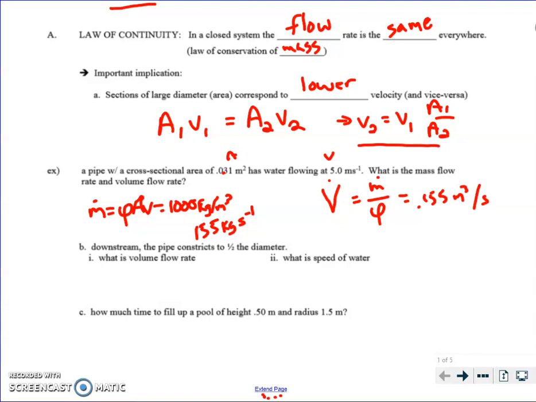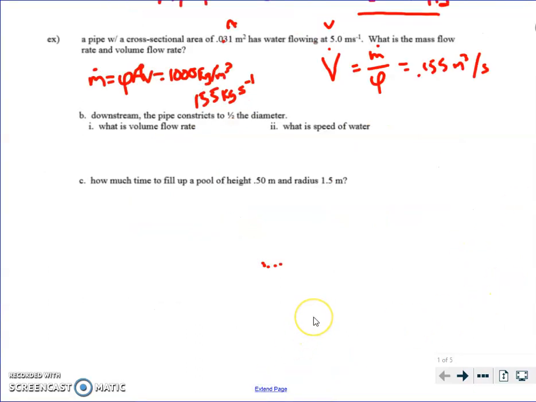We've got to be careful here, because the tendency is to say, okay, if we've changed the diameter, we're going to somehow change the flow rate, but it's not. The flow rate is the same. That's the law of continuity. But the speed will change, and so we know that our new speed, I'll call it V2, like I said before, is V1 times the ratio of the areas. In this case, the areas are going to be proportional to